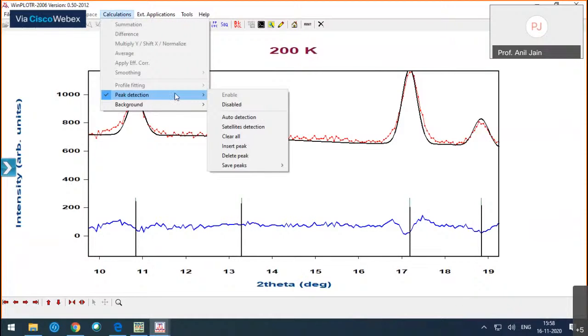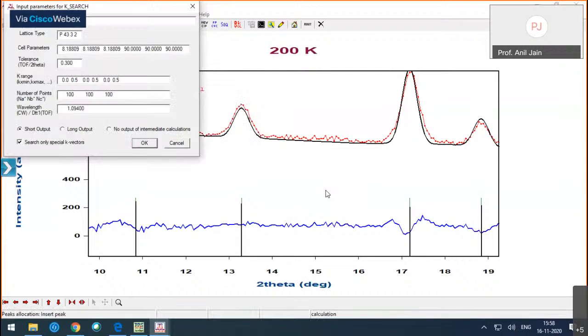Calculation, this is now save peak as K search format. Now in the K search, it has taken this information from this PCR file, that this is the space group. These are our lattice parameters. These are the standard format of this tolerance, and the wavelength, it has taken 1.094, which was our wavelength. So let me just click it,